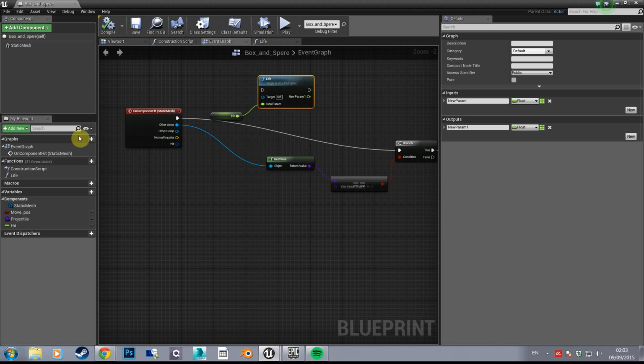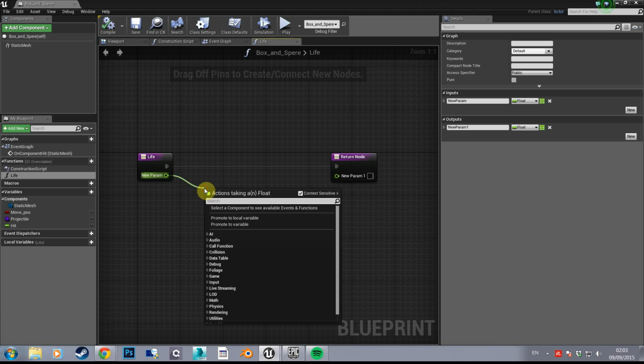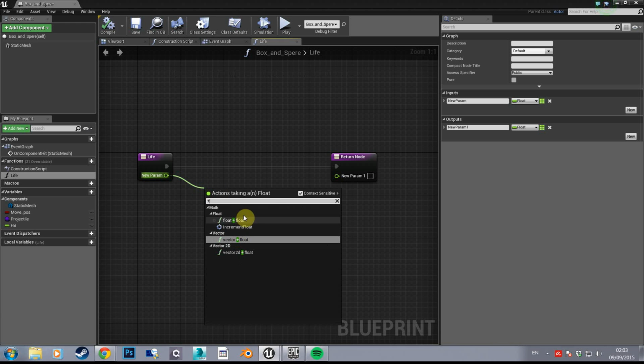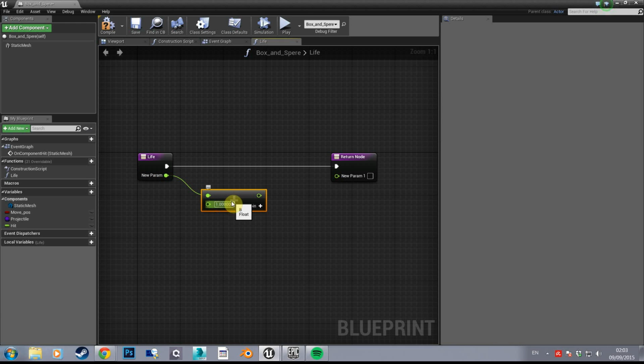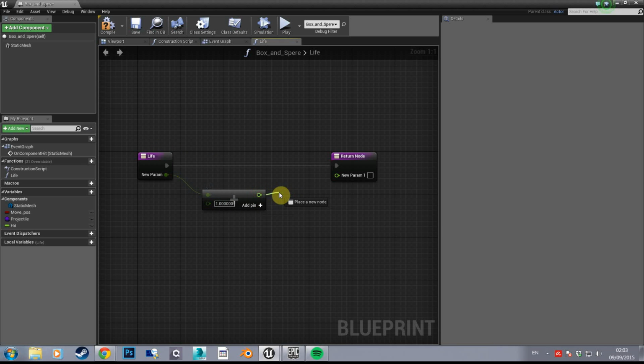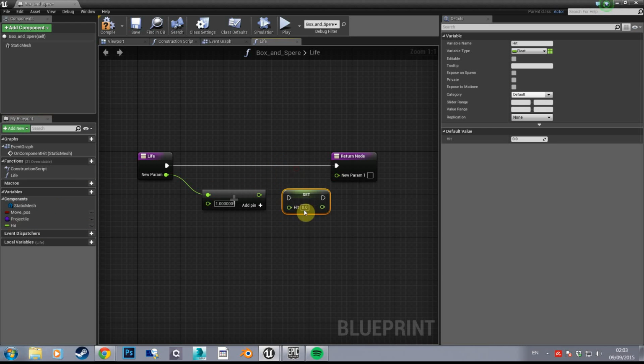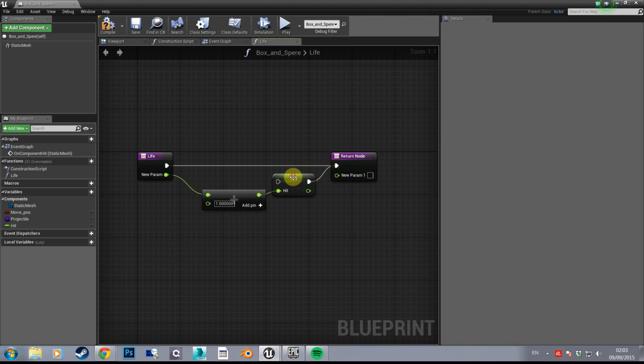but I'm going to go into the function, and I'm going to say add, by just typing in the add button, add the float to this. So I'm going to add 1. We probably could have done it without a float. We could have used an integer or something like that, but I'm using a float. We're going to add 1 to it, and then we want to have hit set to this new number, and then we want to put that through the function